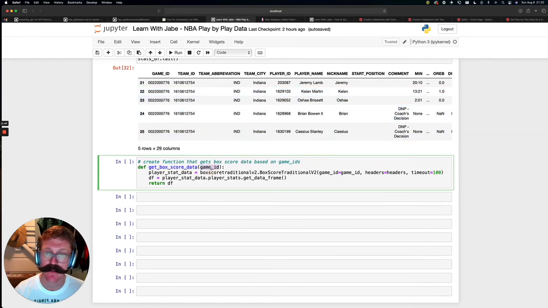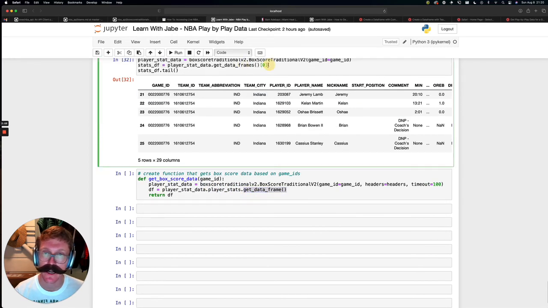It's going to need a game ID that will be input. We'll set that parameter equal to the game ID, which is required. Again, we're passing in our custom headers and this timeout parameter just in case, to make sure we don't get jammed up. We're saving it to this player stat data, and what we're doing differently here is we're actually calling the player stats and getting the data frame here,